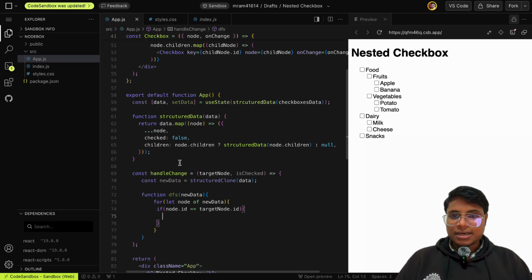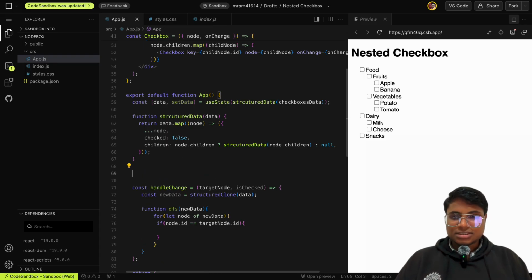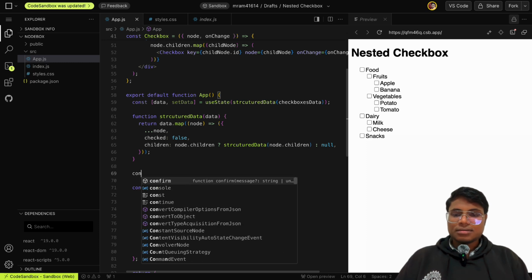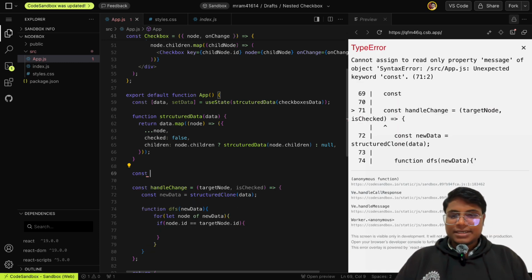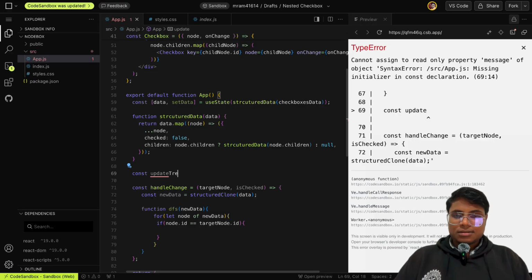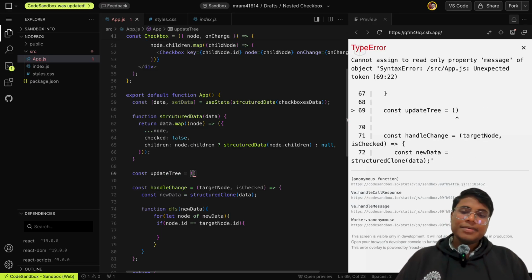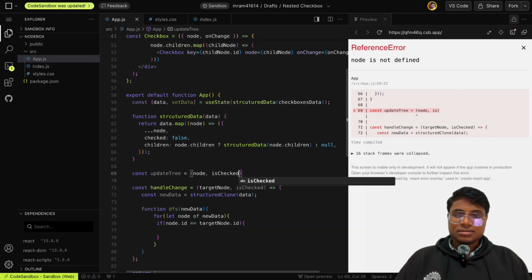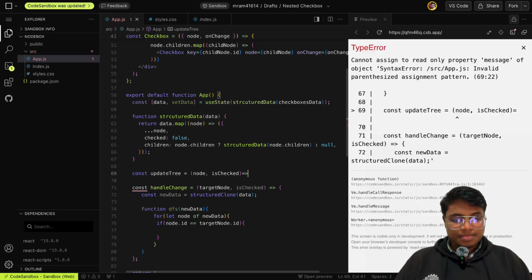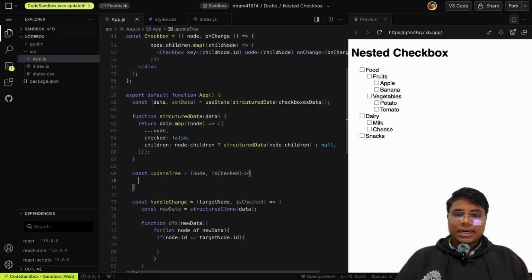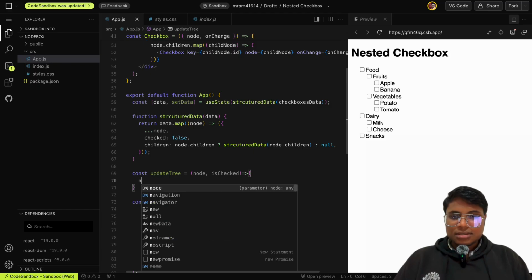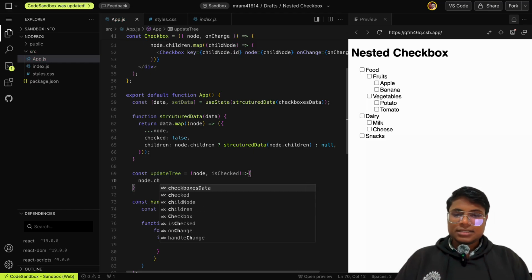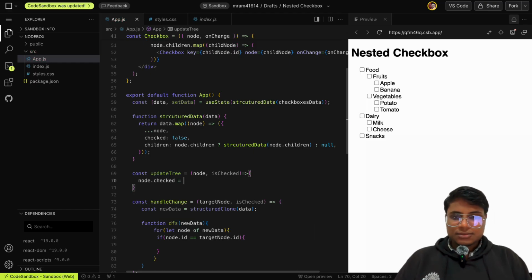So for that we can make another method, let's say update tree. Inside that we will be passing our node and is checked as well, and in that we will be doing node.checked is equal to is checked,